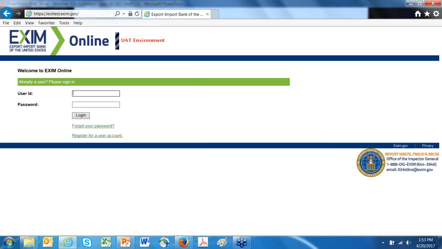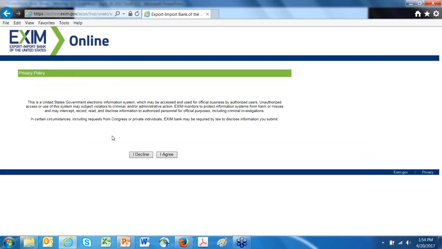So this is the login screen. I just happen to be in the test environment right now, but it otherwise will look and feel the way it does to you as the broker when you're using it. So if you want to help your customers create an account, you'll see the link down here towards the bottom of the middle of the screen where it says register for a user account. Fairly straightforward. And so you'll click on that.